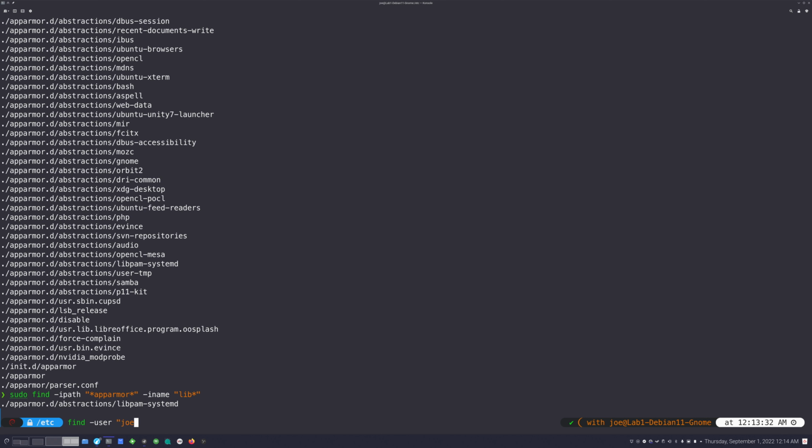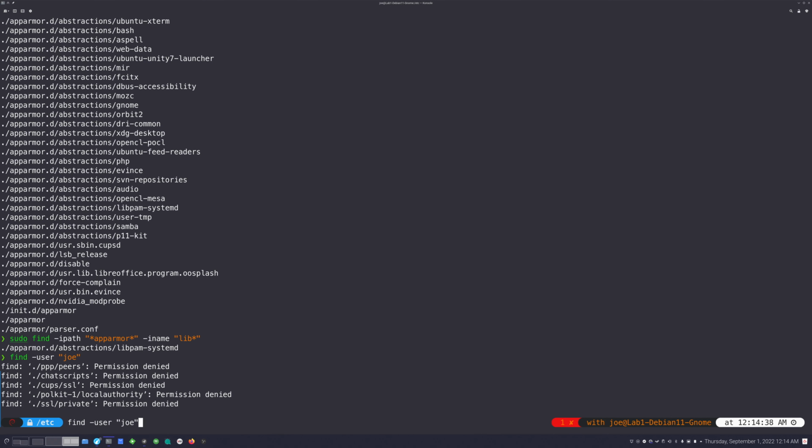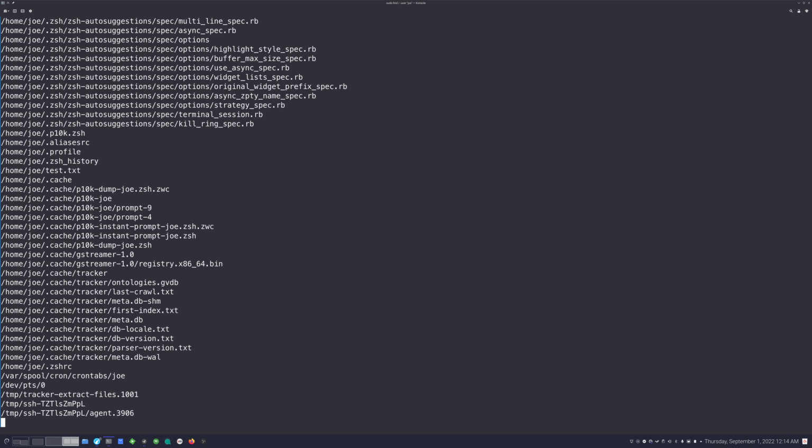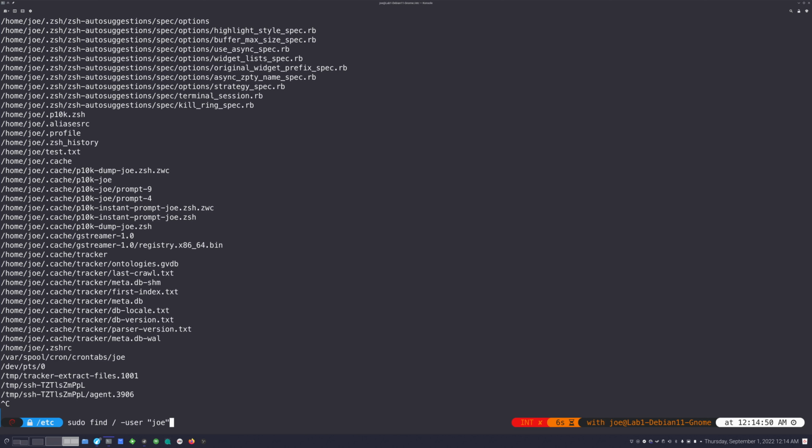But if we look for all files owned by Joe, now obviously that's going to be very few and far between because there's not going to be anything in /etc that will be owned that way. But what we could do is look for all files owned by Joe anywhere on our file system, which is what I just did. And I'm going to go ahead and kill that, as I don't want it to actually complete. I don't care that much. But the / basically, if you're not familiar, just means the root file system.